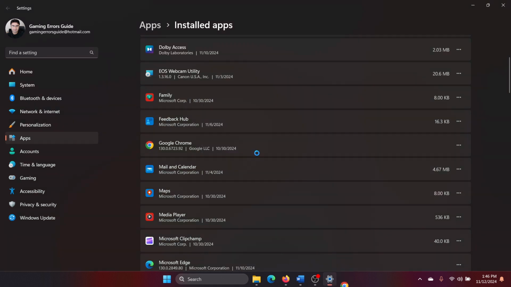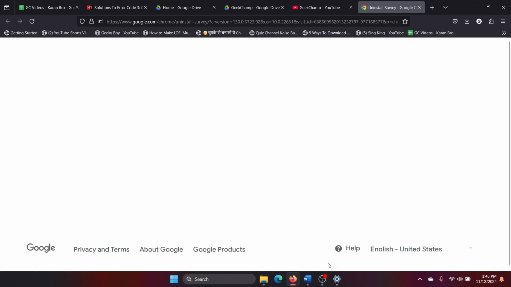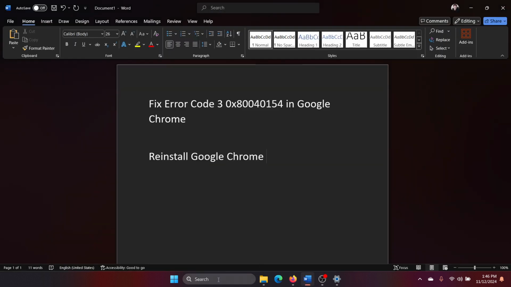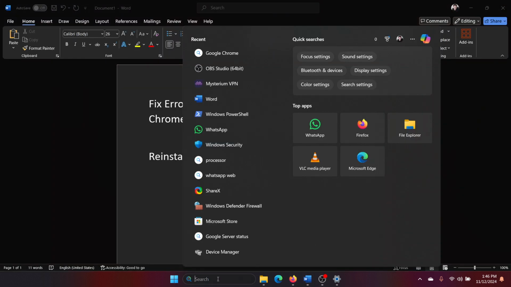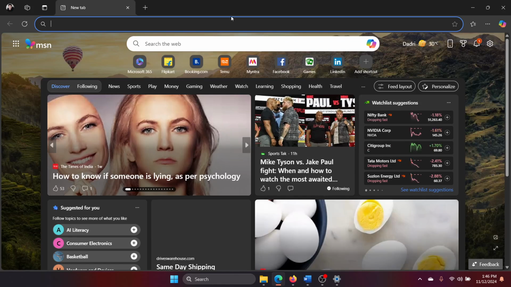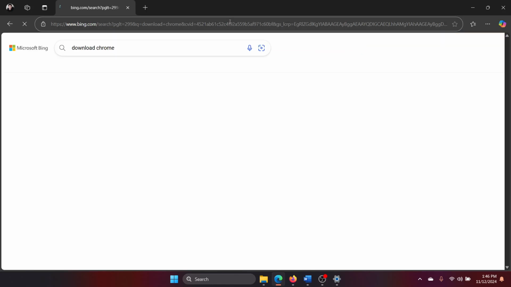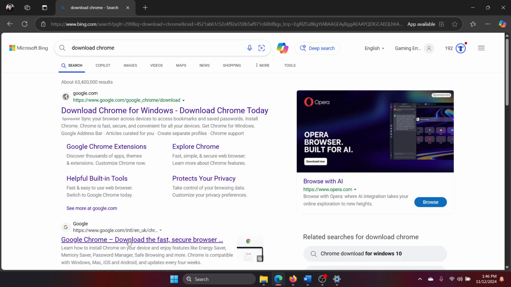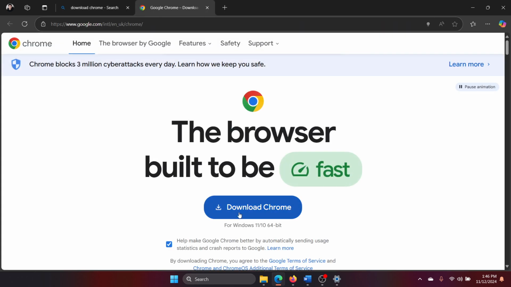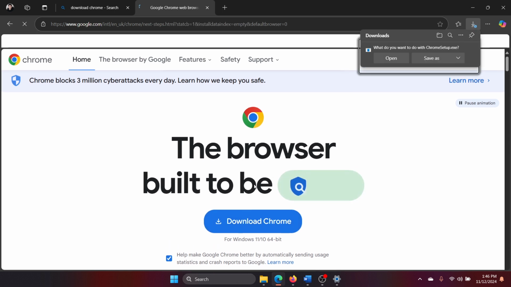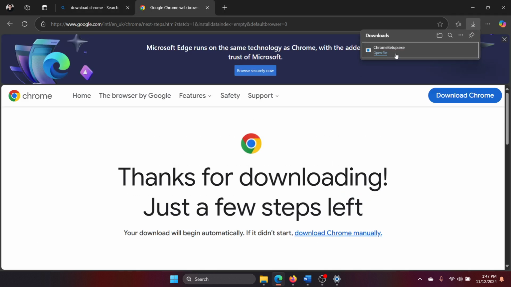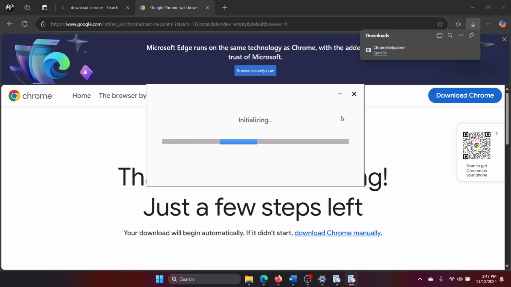Okay, it's gone. And once it is gone, then you can open Microsoft Edge or any browser and search for download Chrome and hit enter, and then go to the Chrome website and then click on download Chrome and then click on open and then click on Chrome setup